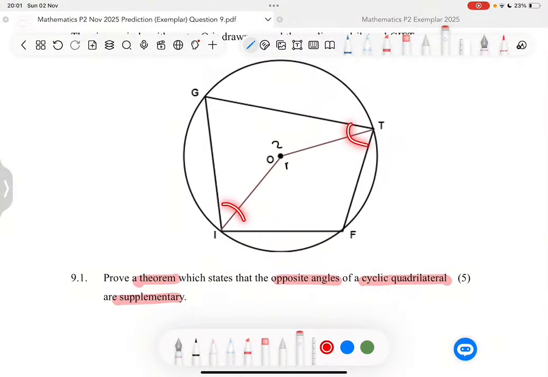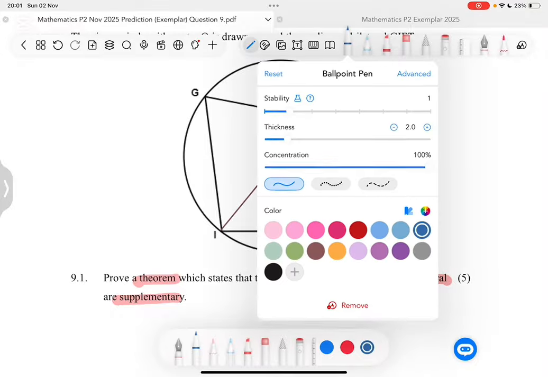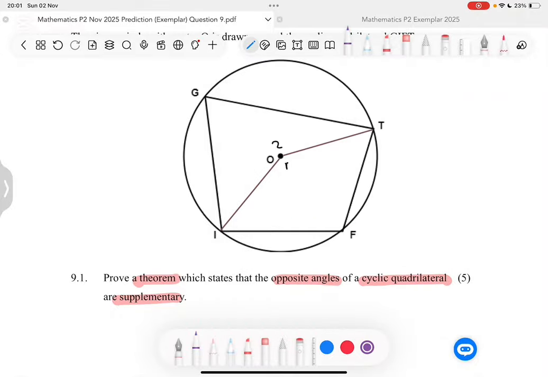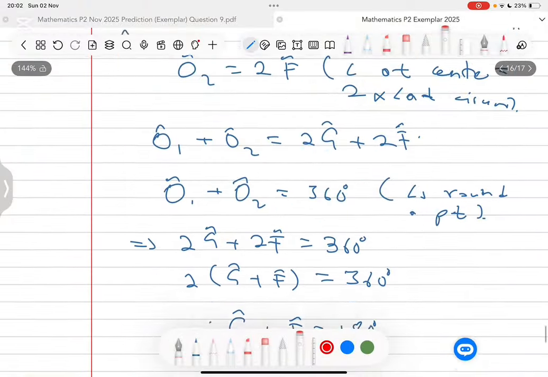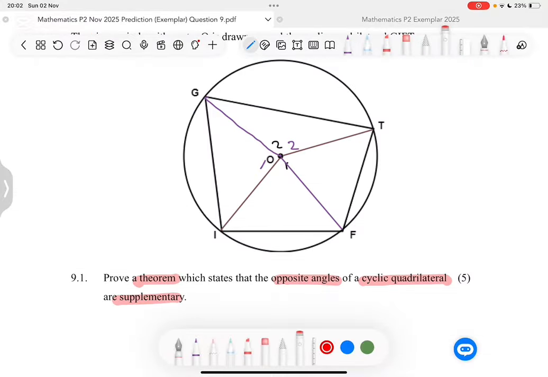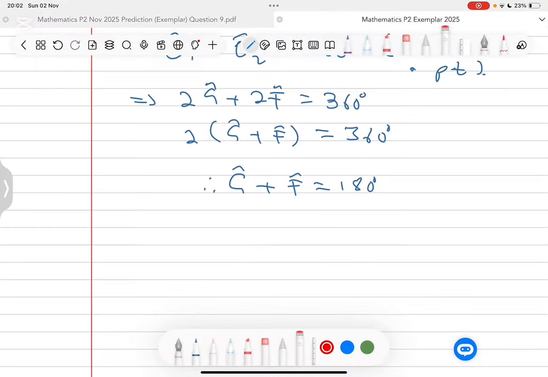Remember, we also have to prove these ones that they are the same. Now, when you do this one here, you are going to do the construction again, just like we did. We draw a line FO and we draw a line GO. Do you notice that we are going to have two angles here? O2 this side and O1 this side. So we're going to have O2 and O1 this side. And you can see that we are going to follow exactly the same method that we have done here. Now, I'm not going to repeat that, and you should not repeat that in exam because this question is only for 5 marks. So to finish off this question, you will argue to say that similarly,